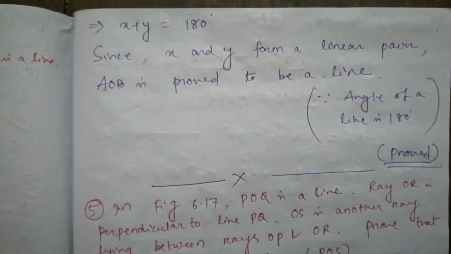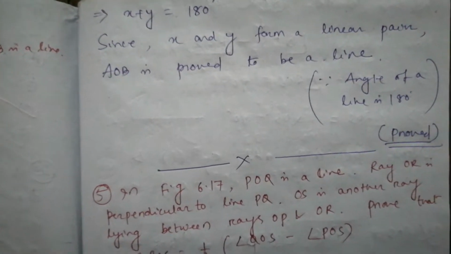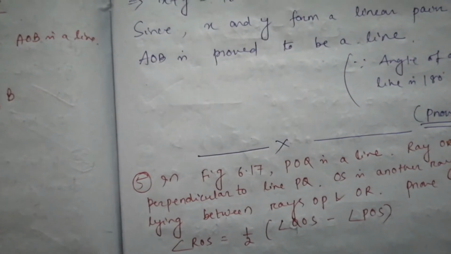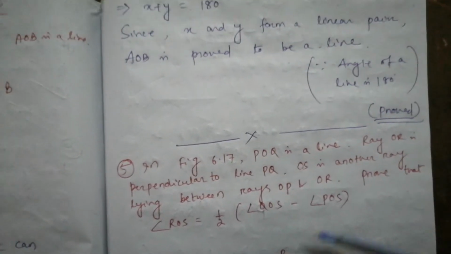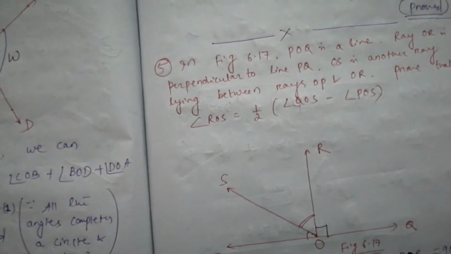Okay. So, always remember this thing that angle of a line is 180 degree. Just remember that angle of a line is 180 degree, a straight line is 180 degree, and angle of a full circle is 360 degree. Just remember. Okay. So, this way this is proved. Okay. Let's move towards